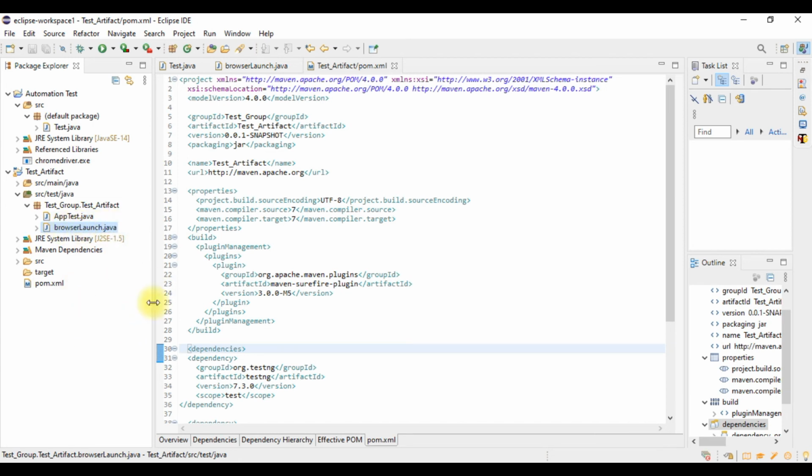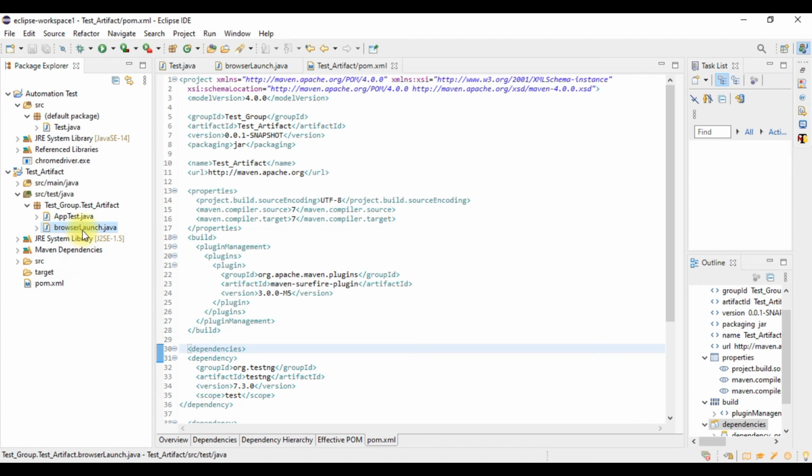So the correct naming convention is, after this BrowserLaunch we will have to write Test. As we can see above, in AppTest.java, the Test is at the end, so we have to append Test after every class name. Only after that Maven will consider it as a test case and Maven will execute it, right?